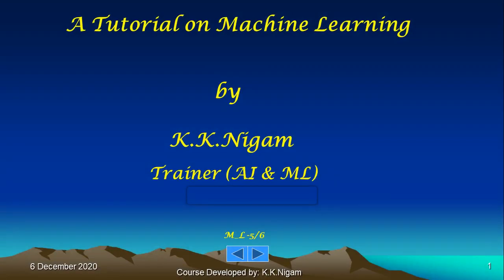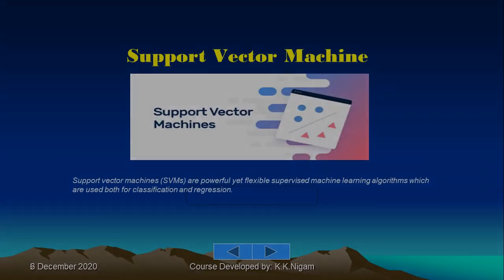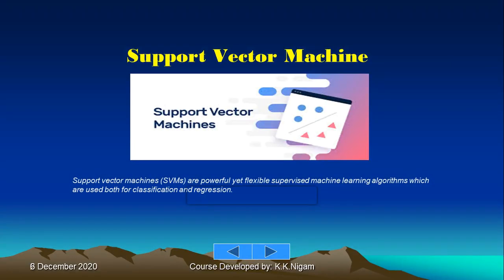So let's start with the fifth part of the tutorial, machine learning. Now here we are going to discuss the support vector machine, which is again a very important algorithm which can be developed using these details. Support vector machines are powerful yet flexible supervised machine learning algorithms which are used for classification